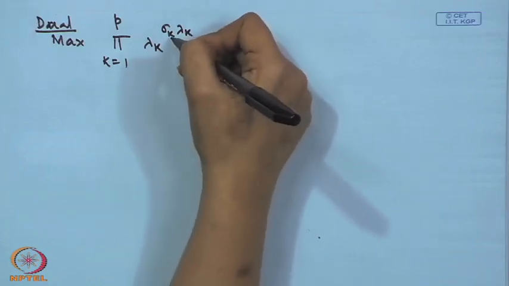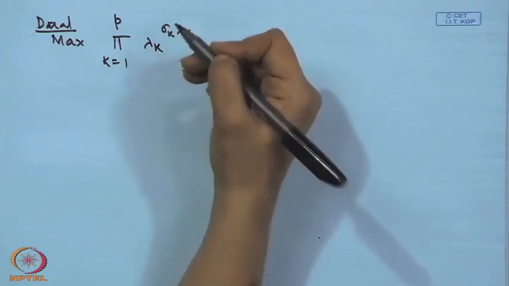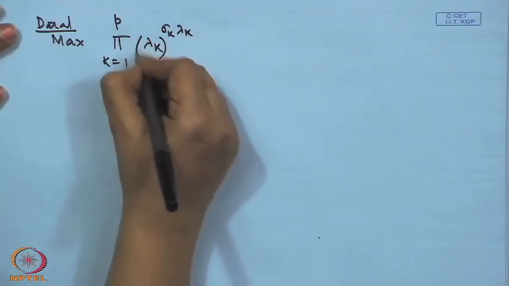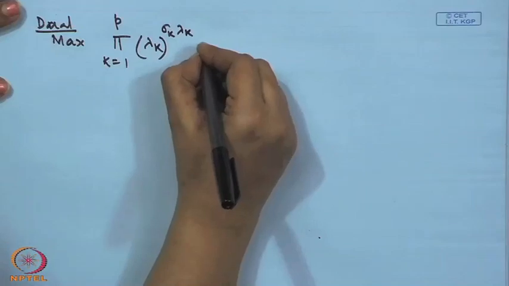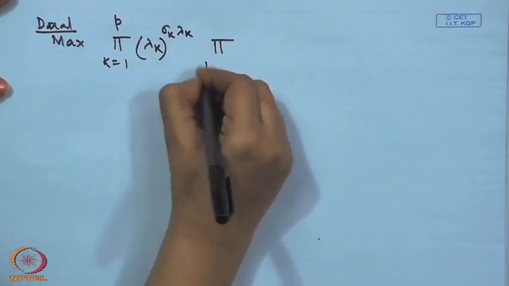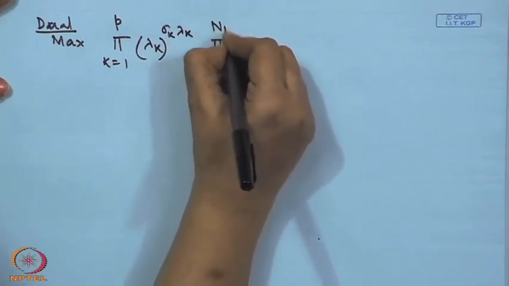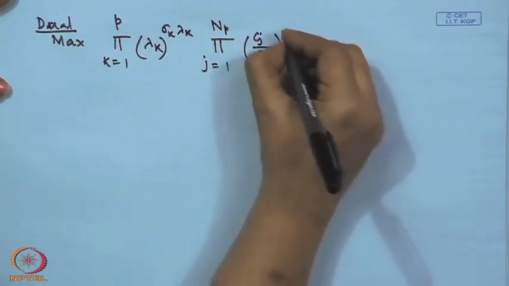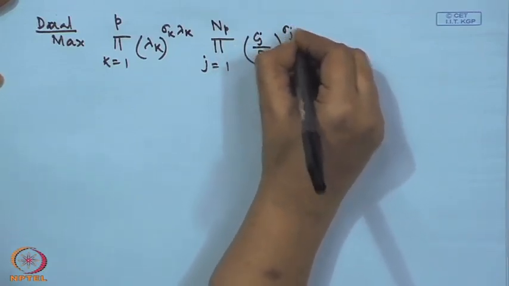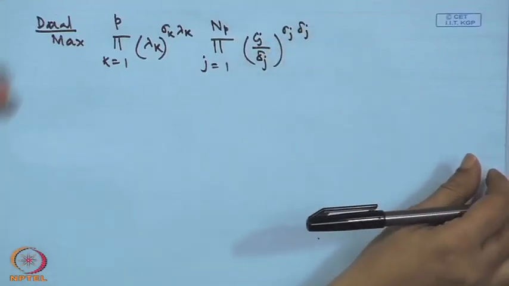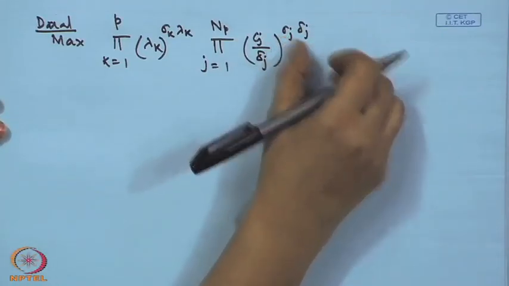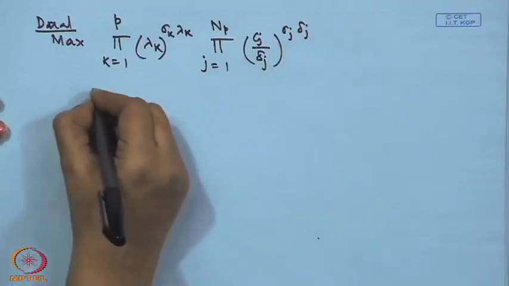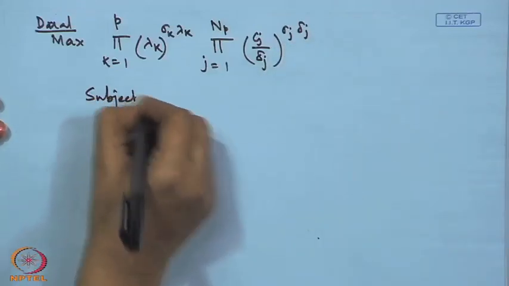Sigma k is equal to 1 if it is of less than type, and it is equal to minus 1 if it is of greater than or equal to type. That is why we have to write lambda k to the power sigma k lambda k, and there are the terms for j equal to 1 to np of cj by delta j. Here also the same for the constraint set, but the signum function will not be there, that would be 1 only for the objective function, and we have the constraints subject to